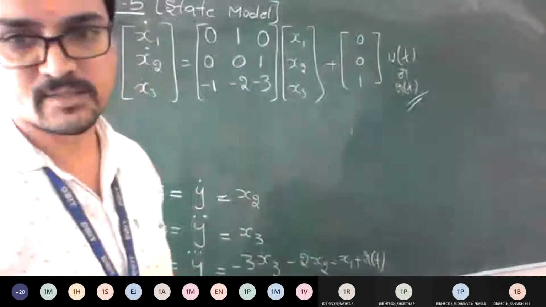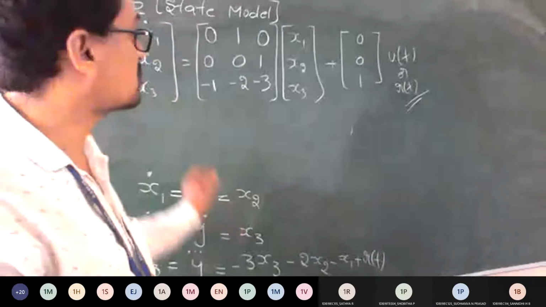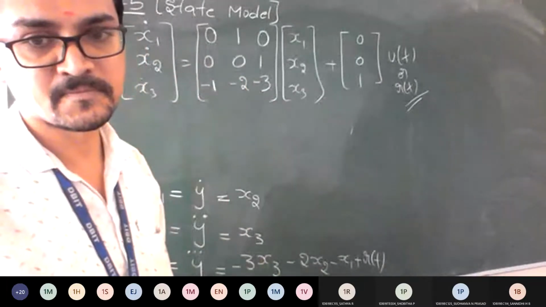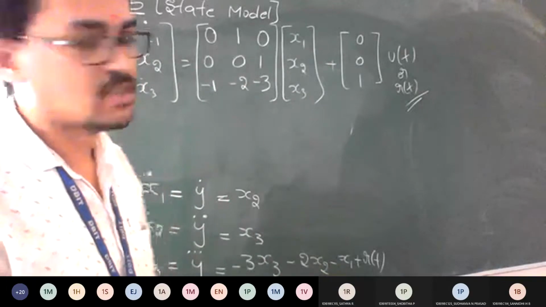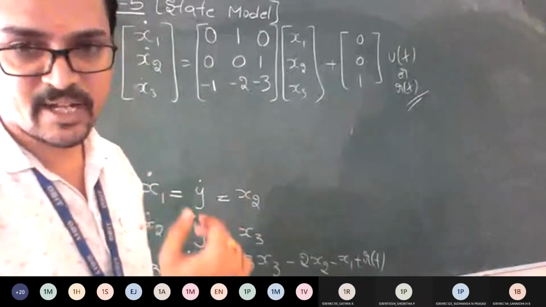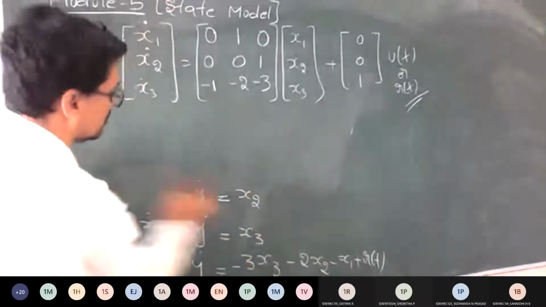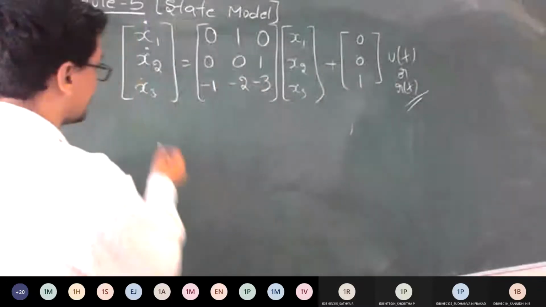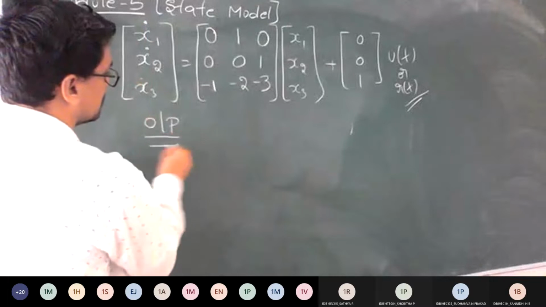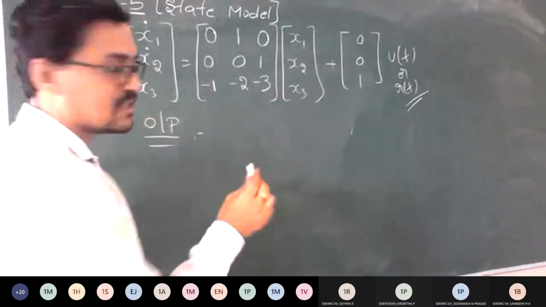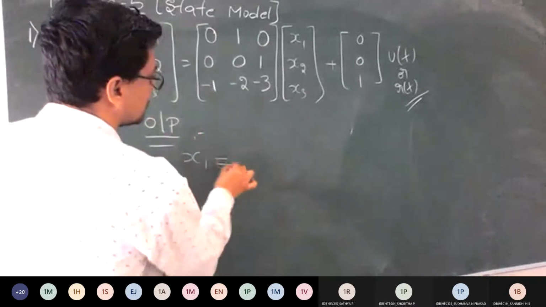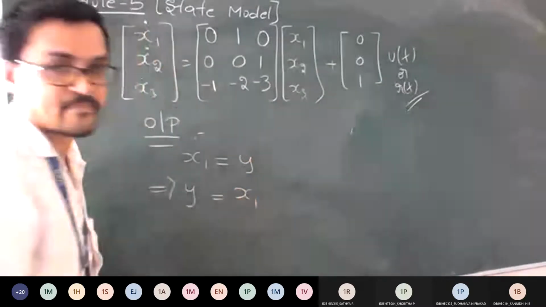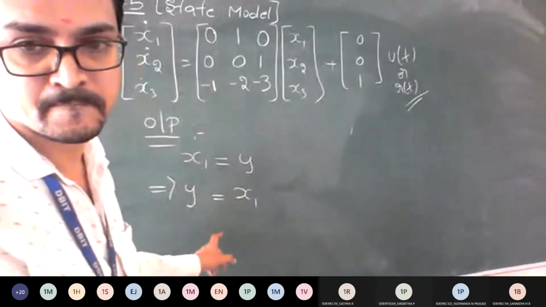I hope everyone got these steps and how to solve such a problem. Am I clear till here? Yes, sir. Good. So that is not the end. I need to get the output equation also. So what is the output equation? At the beginning we made an assumption, right? Now I want the output equation. Output is y, so what assumption have you taken? x1 is equal to y. So can I take this itself as output? Yes, sir.